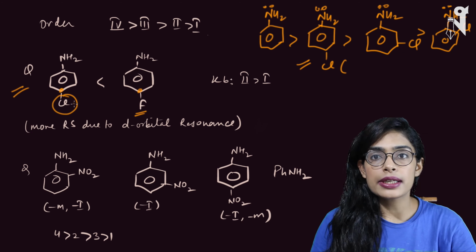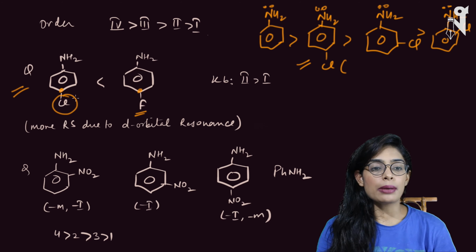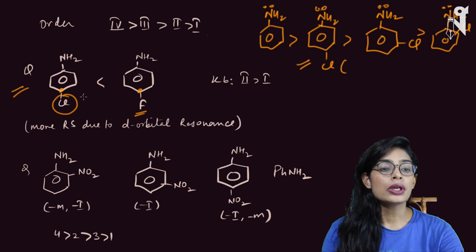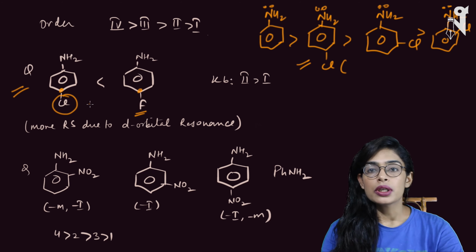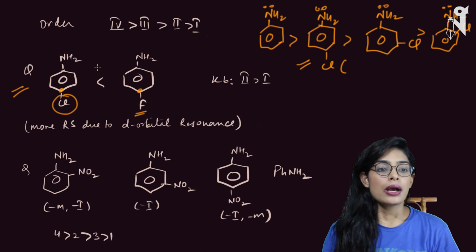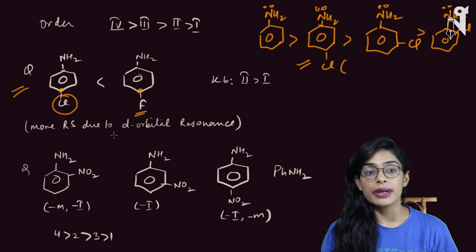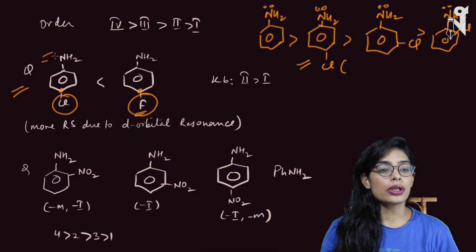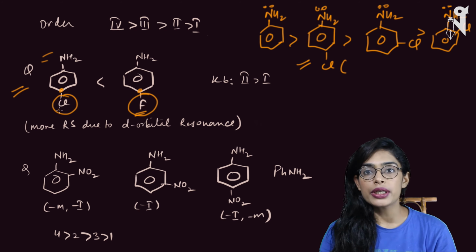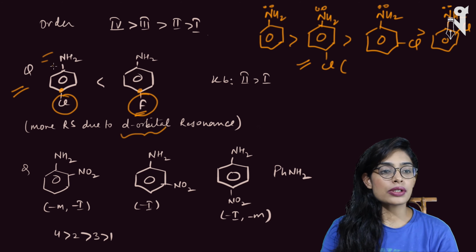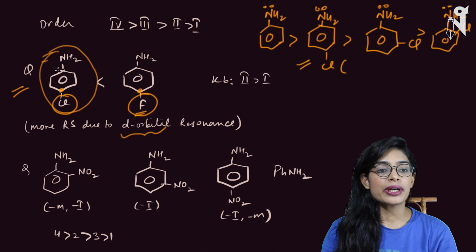So now let's look at this next example where we have chlorine present on the para position and the fluorine present on the para position. So we have done this kind of case earlier also. In case of chlorine and fluorine both, you have inductive effect, which is electron withdrawing, and mesomeric effect, which is donating. Now here, which one will be a stronger base? Basically, the fluorine present on the para position will be a stronger base. Why? Reason being, when you look at this molecule is more stable. We know that chlorine tends to do the d orbital resonance. So due to this d orbital resonance, this whole molecule overall will have better stability.